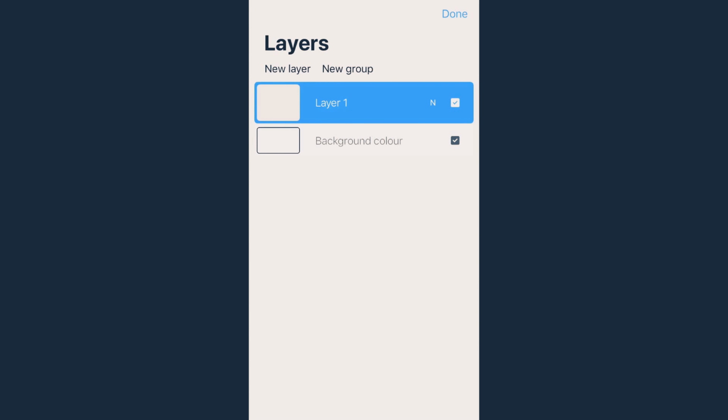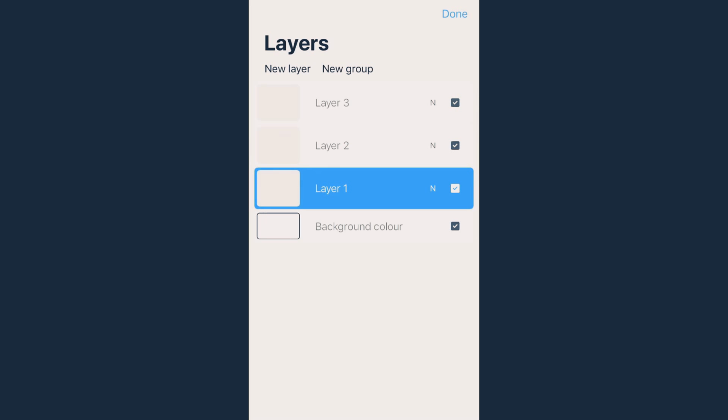Yeah. So one of the great features of this, which is amazing because it's just an app, is that you can also do layers on this. Amazing time saver if you are lazy like me. So I've got 3 layers here. What you can do,